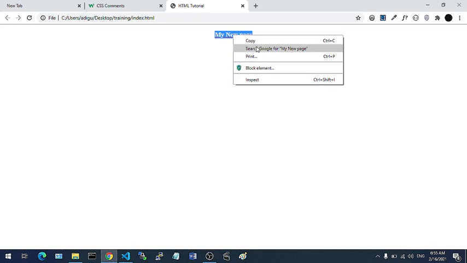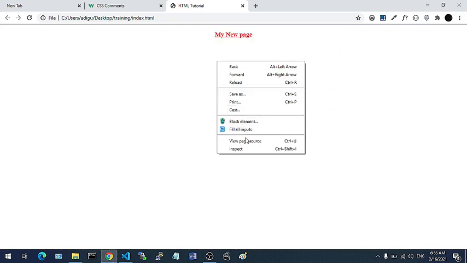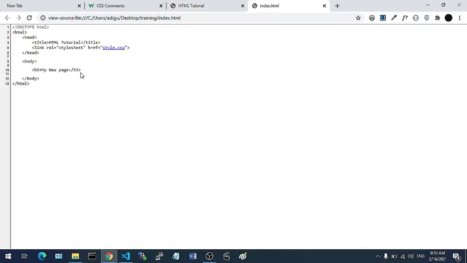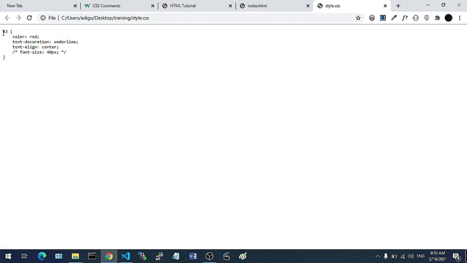So we can also look at how this is appearing in the view source. So you can see that we have our HTML page. If I click on this style.css, you can see that it's there, but it has been